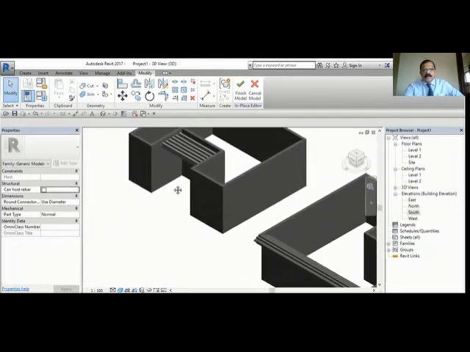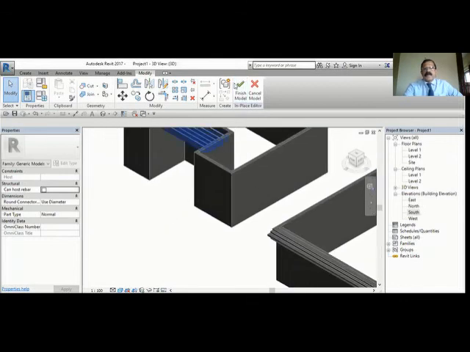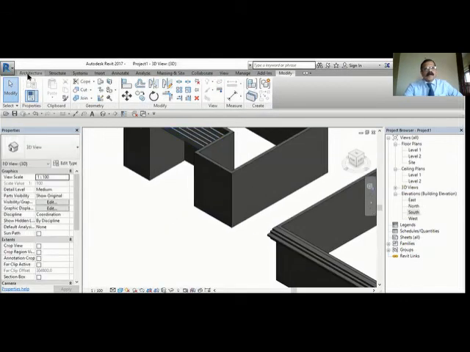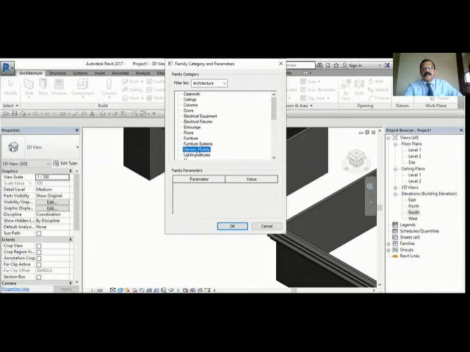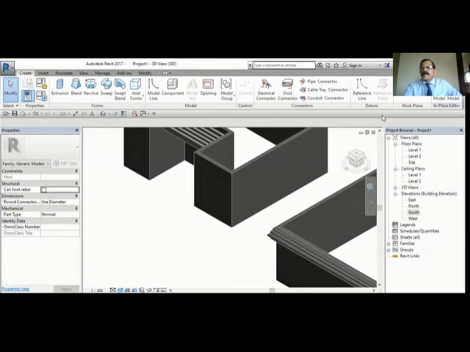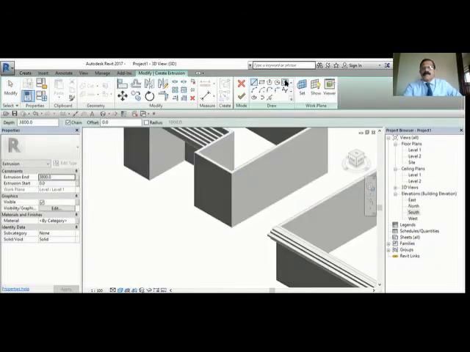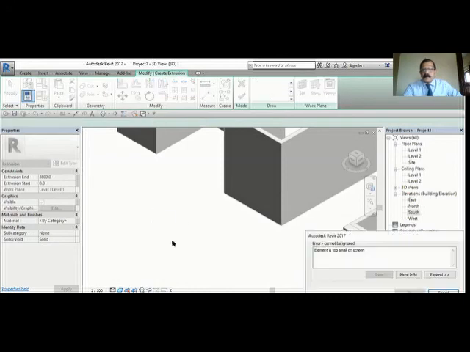Very powerful command. Same way, if you have some circle, you want to create circular bars, you can create using, for example, architecture, component, model in place, generic. Extrusion. You want to make small bars. So create one circle.